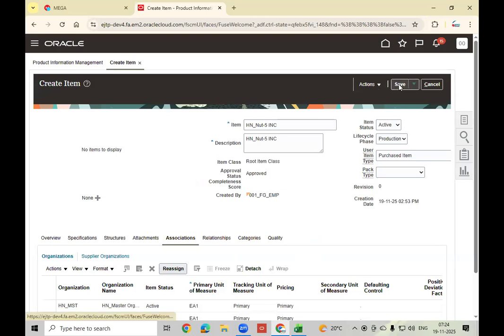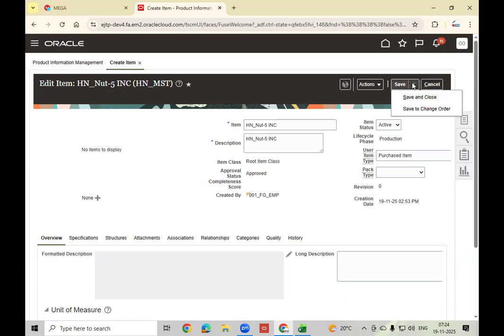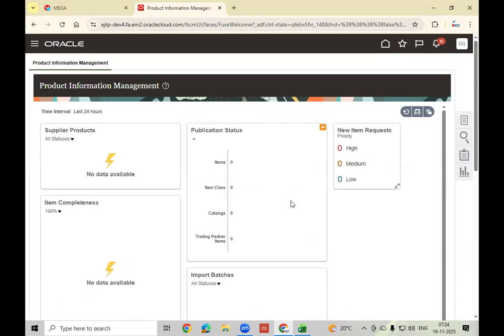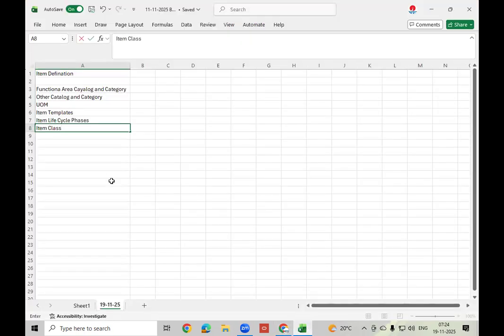Okay, I have defined two items. So the items are also defined successfully. So next,